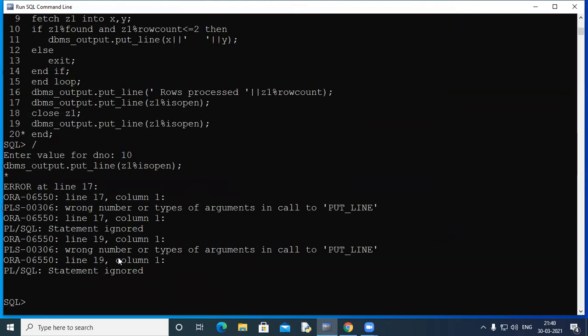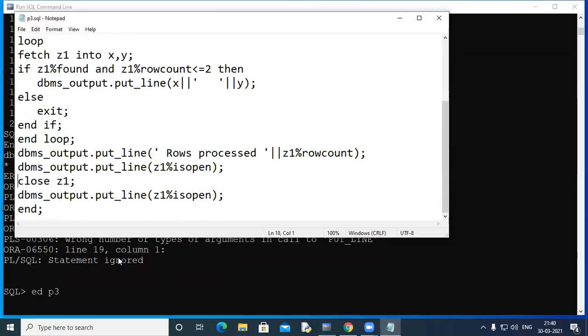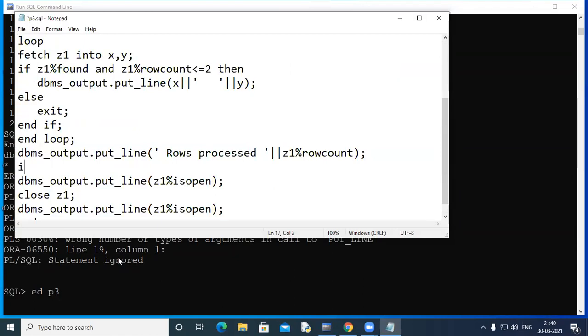Okay, now it should be used with the if statement, right? So we need to use it like this. If Z1%ISOPEN then cursor is open, we can write like this.